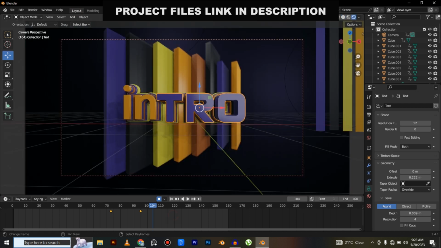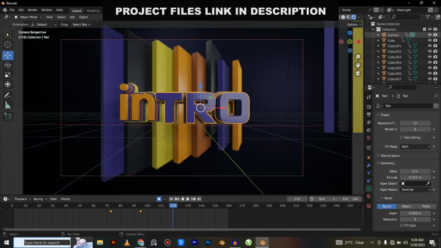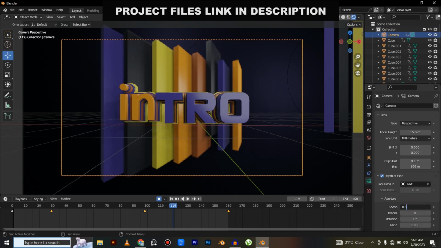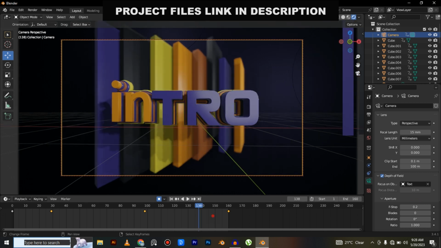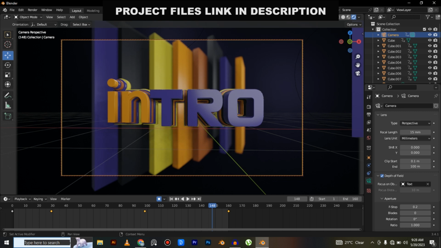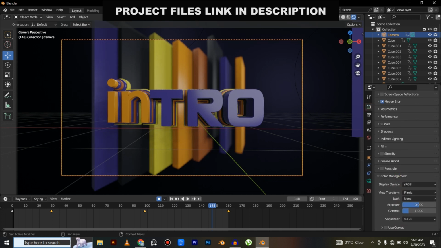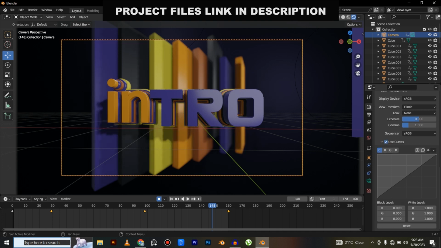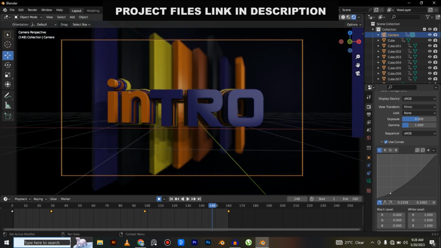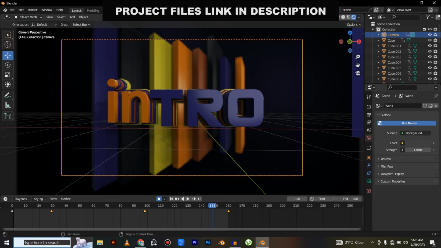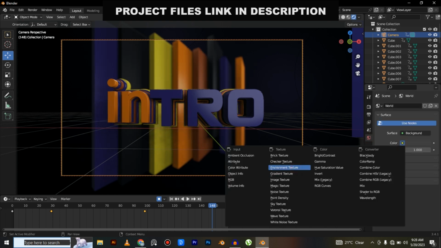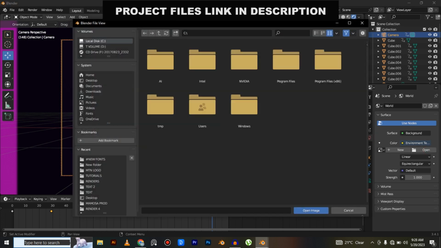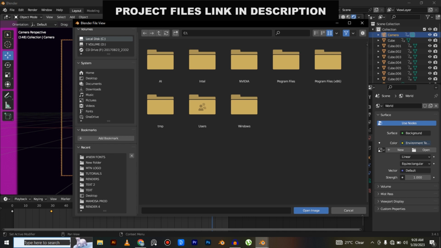We shall make the depth something like 0.02. I want the depth to be high. Okay, so go to the color management and try to do some adjustment. Bring the contrast to something like this. So I'm going to import an HDRI color environment texture, then open an HDRI. So if I have my HDRIs already downloaded,